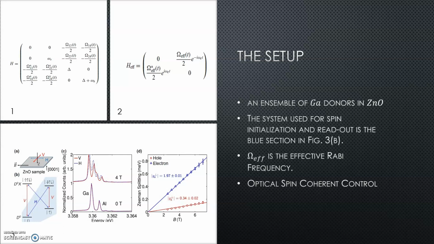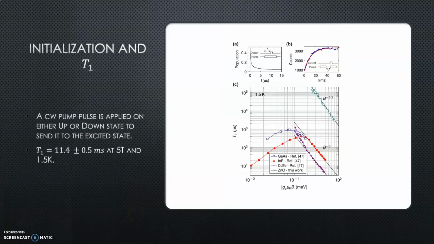In order to better understand the dynamics of the density matrix, we use the full 4-level master equation with decoherence and relaxation taken into consideration. A CW pump pulse is resonantly applied on either the down to excited transition or the up to excited transition for initializing the up or down states respectively. Now, for the calculation of